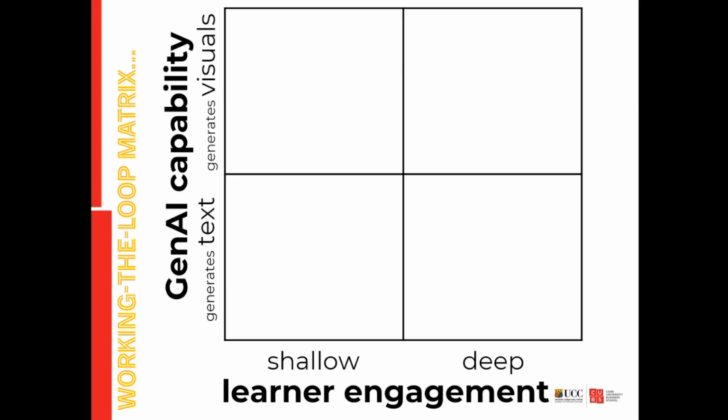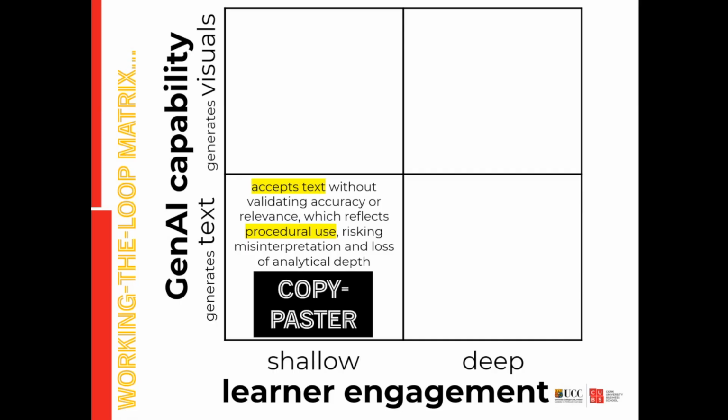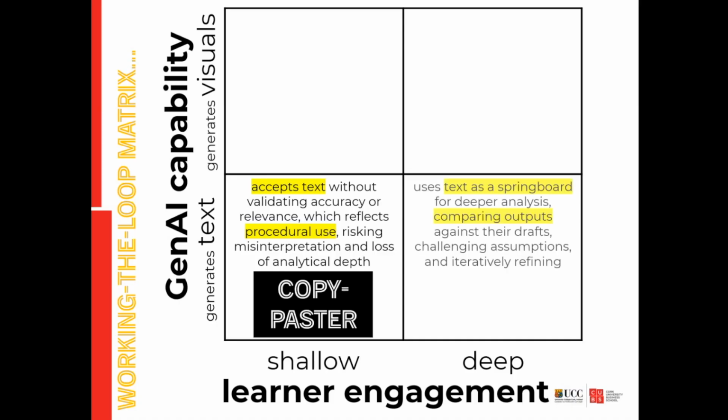So if we work through this, we can see that if we had a shallow engagement and it came to using text, we might be very much accepting the text as is, maybe a bit uncritical in our use, very procedural. So we might call ourselves a copy paster. We're really just that persona of how we engage with the outputs of any of these GenAI tools that we might be using. If we're using text as a springboard, comparing its outputs to our own outputs, then obviously